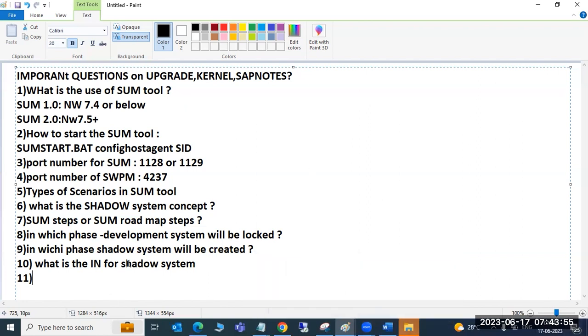So in which phase will your main repository data be copied to the shadow system, the shadow repository? The same pre-processing phase. So what exactly happens in the pre-processing phase?